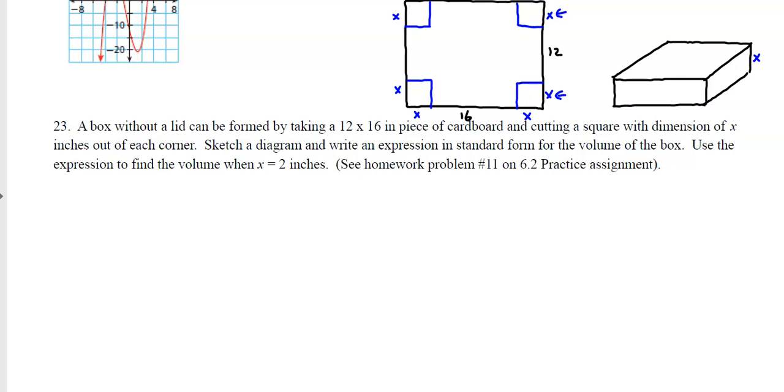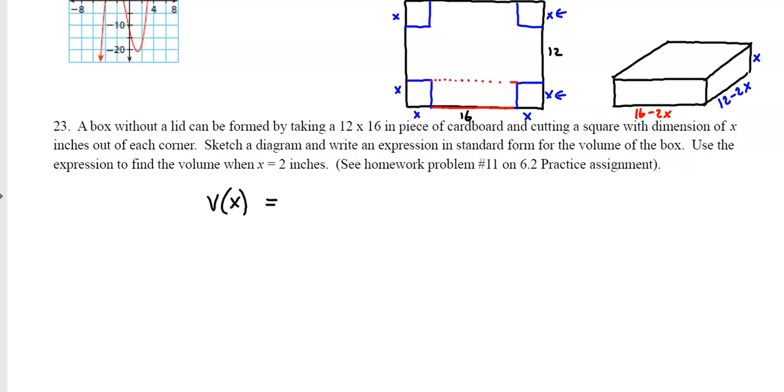So really I have 12 minus the 2 x's over here on the side. And then when I fold this box up, on this piece, this is going to be the edge of the box, which is going to be 16 minus 2x. So now I should be able to get the volume. All right, the volume